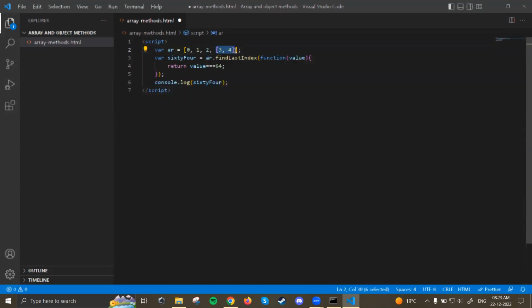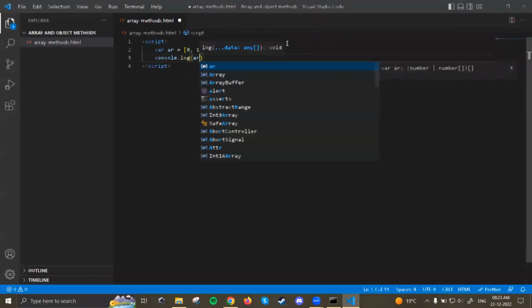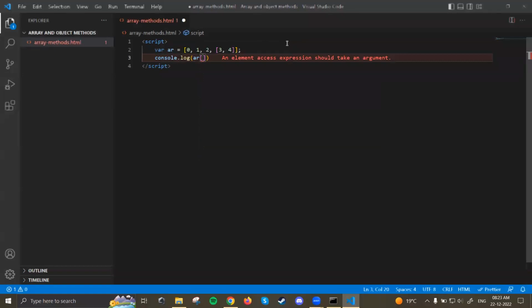3, isn't it? That is at third position. So if I want to access the 4, what do I write? 3-1. Console.log of AR, and then what do I write? If I want to print only 4, 3-1. 3 I wrote here, and then where should I write the 1? Should I write here itself? Take another array and put 1. Okay, fine. So 2, take another square bracket and then 1. Okay, so this will give me